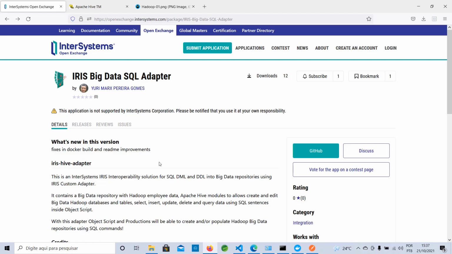So it's very important to have this adapter because many big data projects in companies are using Apache Hive. Okay,